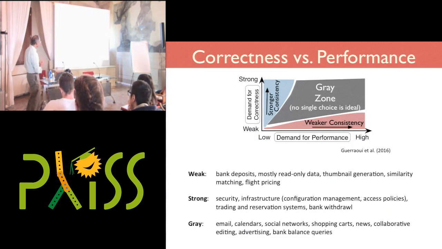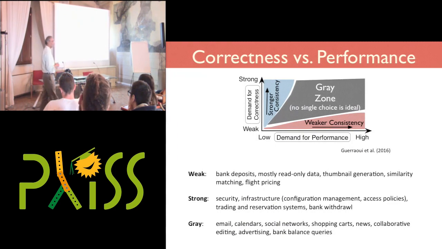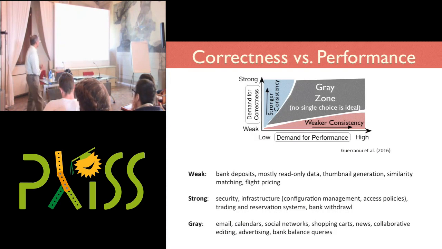On the other hand, take things like stock quotes and stock trading. If I claim that I want to purchase a stock at $1, it's not good enough if the stock changes underneath me to $2. That would be bad. So there's an expectation that between the time that I press the purchase button and the time that the order goes through, the order has in fact gone through at what I expected.